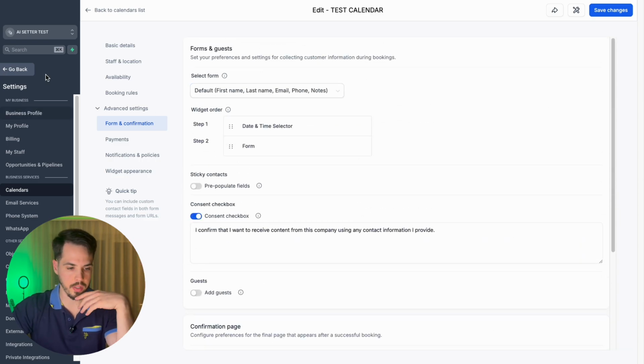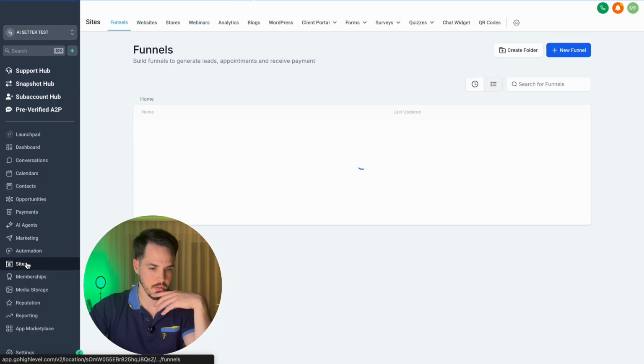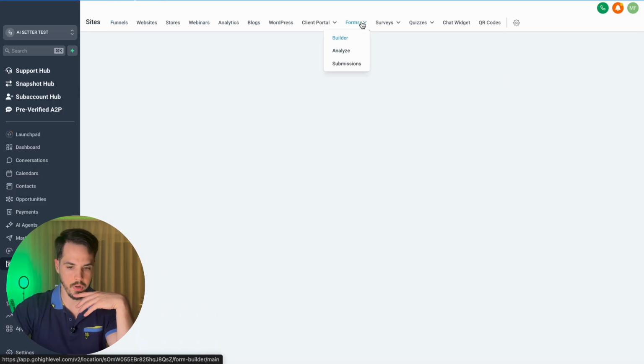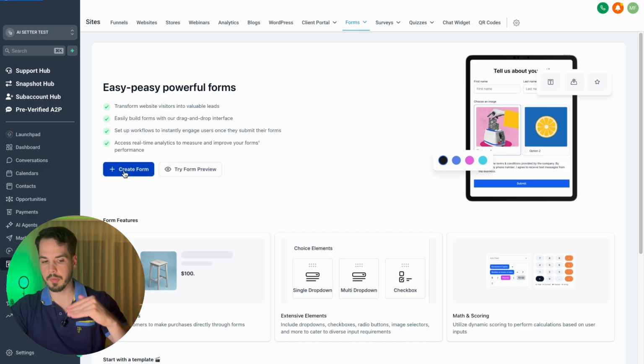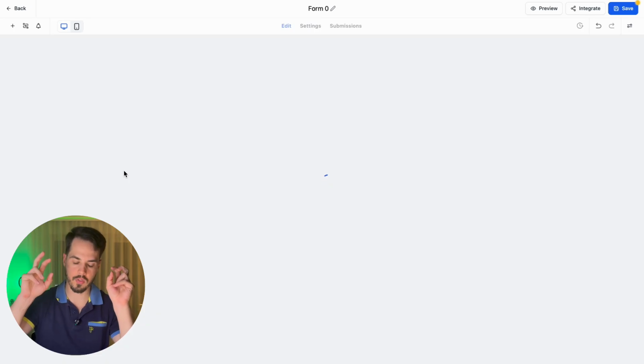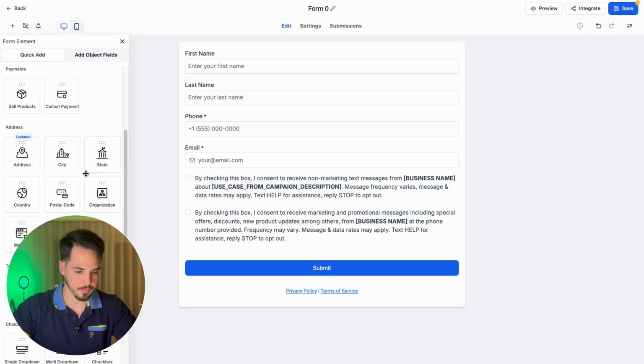Instead of this default here, we can go to sites, forms, and you can build a form here that asks multiple questions, and you can add that into this Calendly style scheduling link. So I'm just gonna go with first name, last name, email, phone, and I'm just gonna do one more, which is